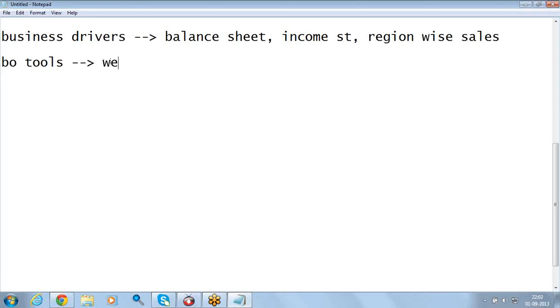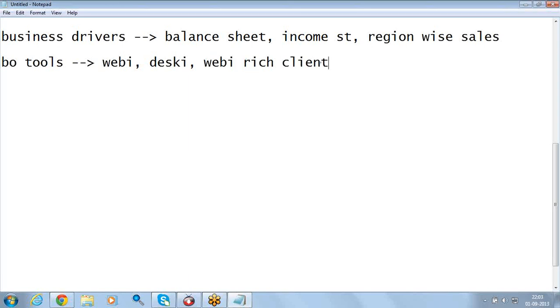What are the various BO tools? We have something called WebI. WebI stands for Web Intelligence Reporting Tool. The next one is DESKI. DESKI stands for Desktop Intelligence Reporting Tool. Next, we have Web Intelligence Rich Client.